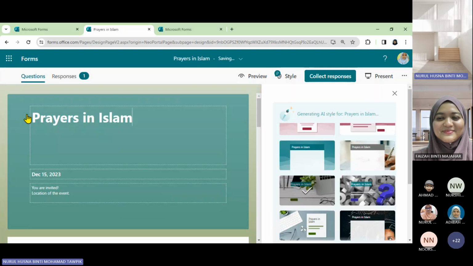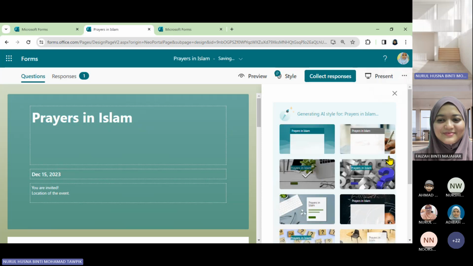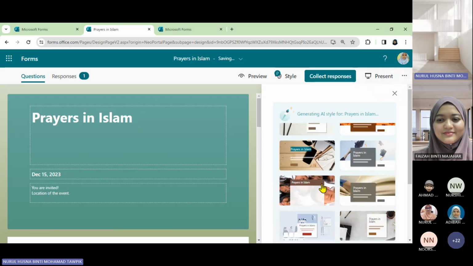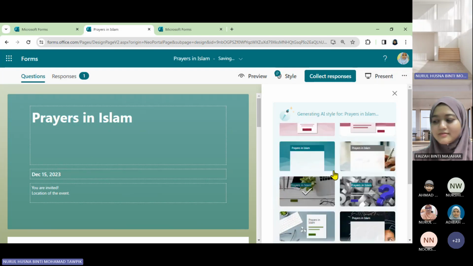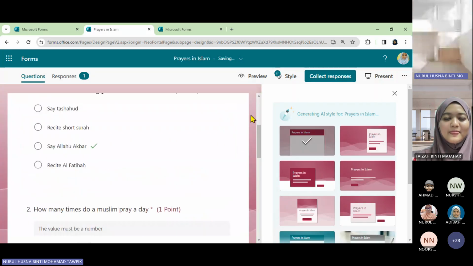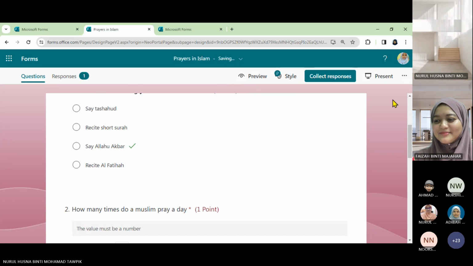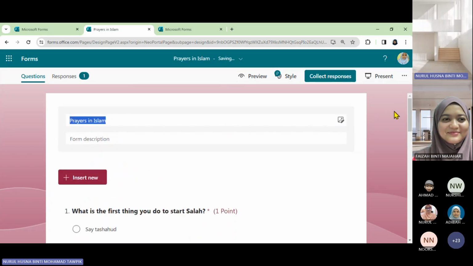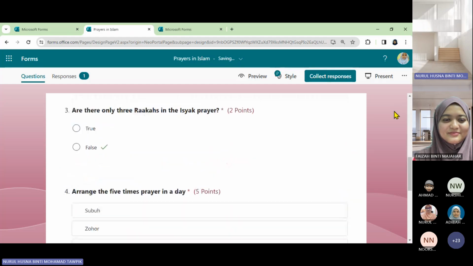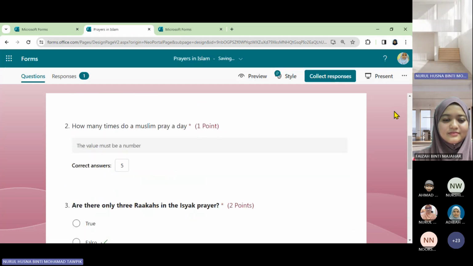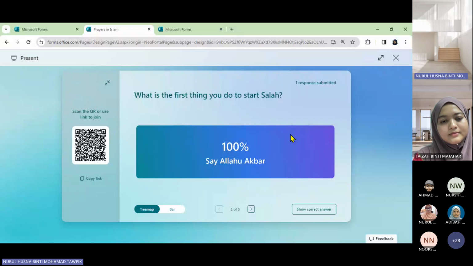Okay, you just want to have the background style changed in different options. You see? You can have several backgrounds appear, for example. Then, if you want to ask students in class, you can use the option present. This option will